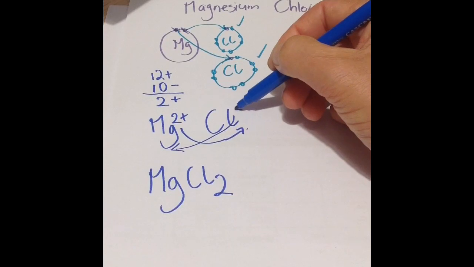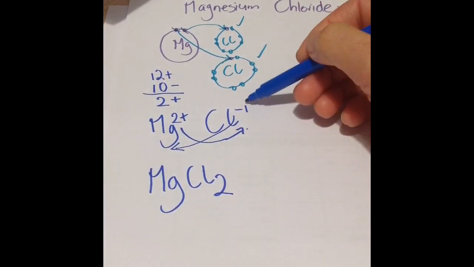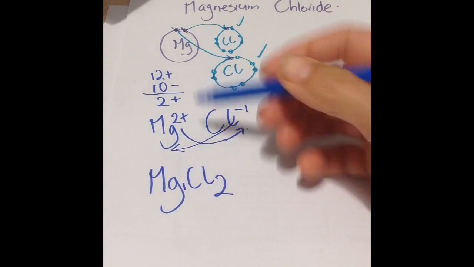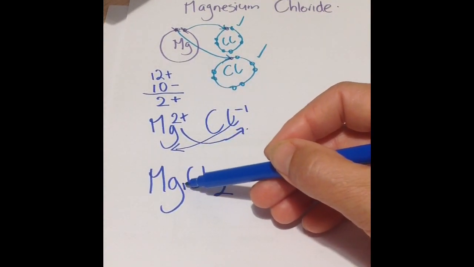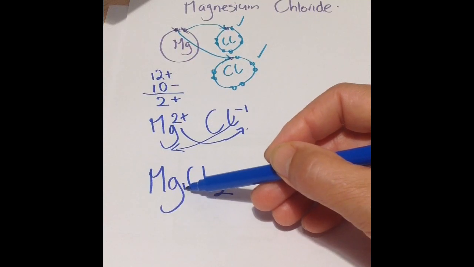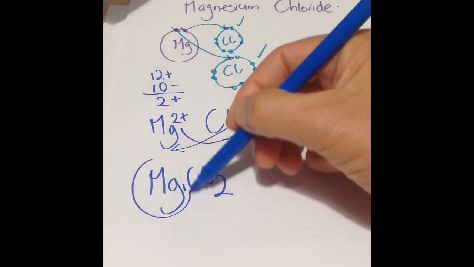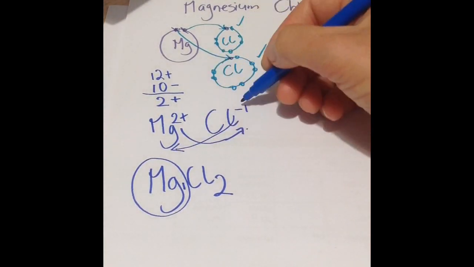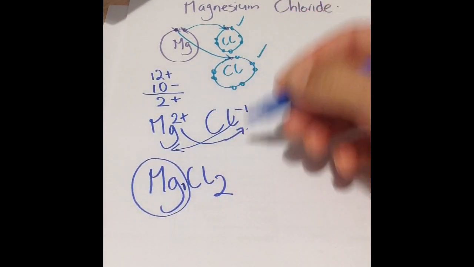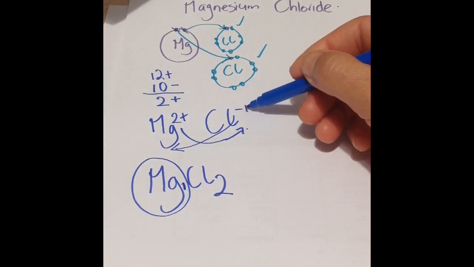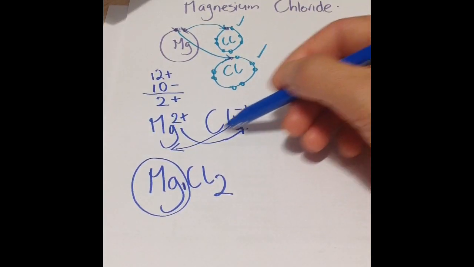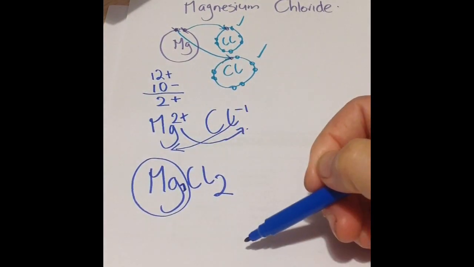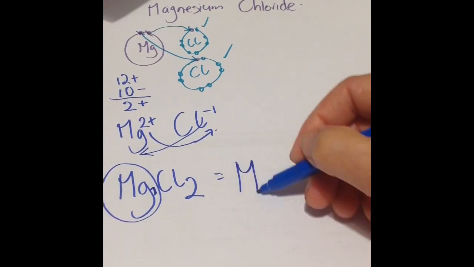But because there's a 1 on the chlorine, we never write the 1. Just the negative means it's a 1. Because we never write a 1 in a chemical formula, because having the name of it means there is 1 there. So we have actually swapped and dropped the 1, but we never write 1 there. So whenever it's a charge of 1, positive or negative, and you swap and drop, the fact that you've got the letters there is enough. You don't write the 1. So it's always just going to be